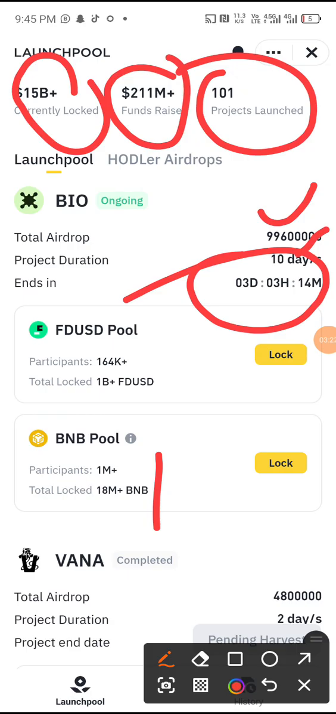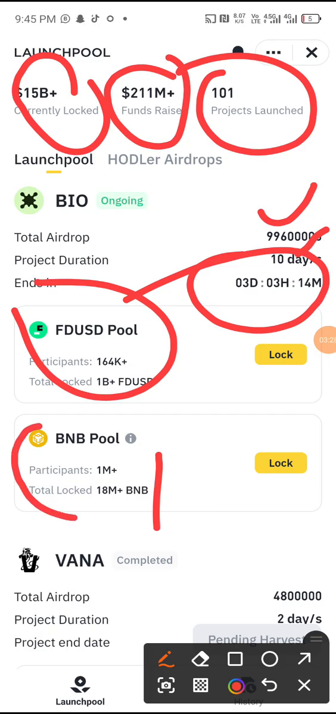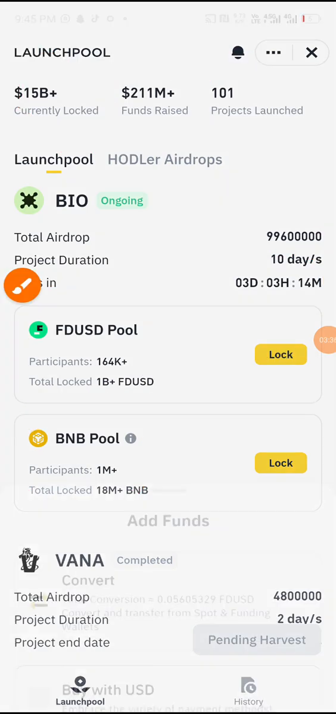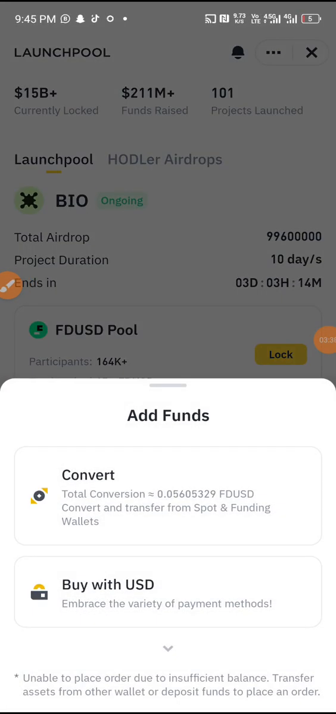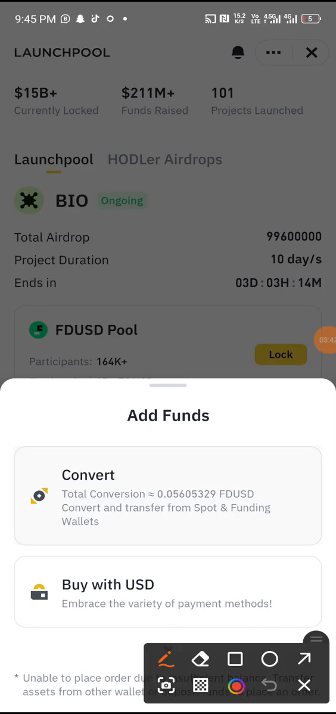But what exactly do you need to lock here? What you need to lock here is FDUSD or BNB. These are the two coins you need to lock here. After having them available, you come to this place to lock it. The moment you click on this, it's going to show you